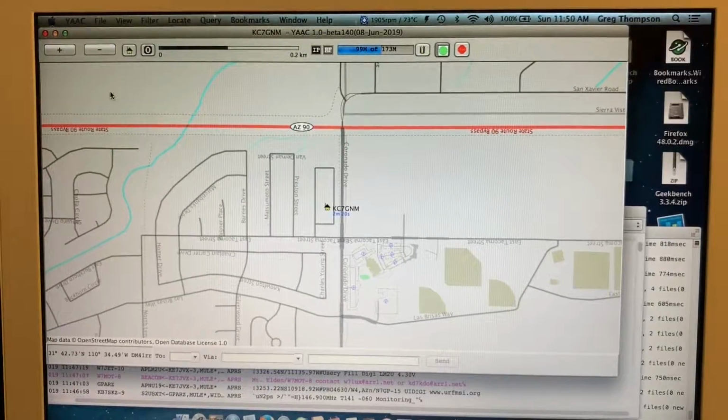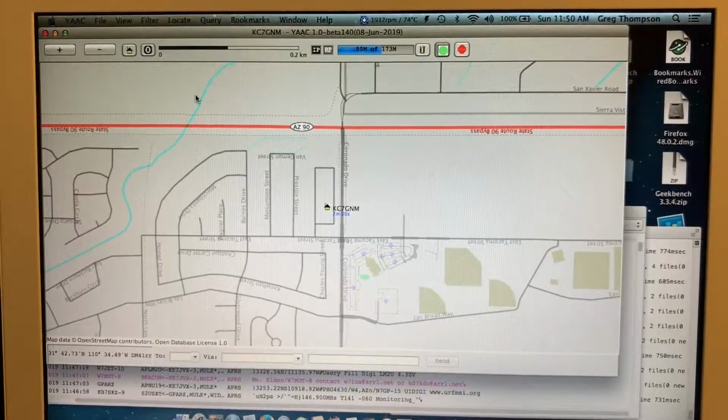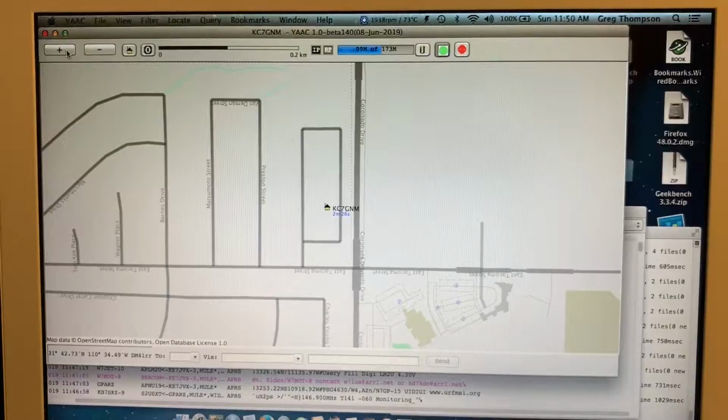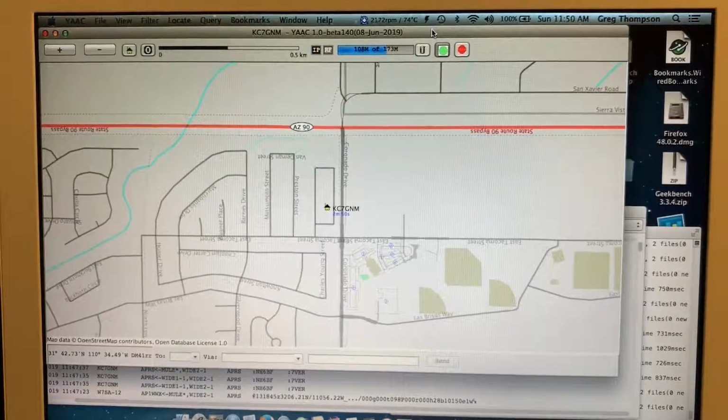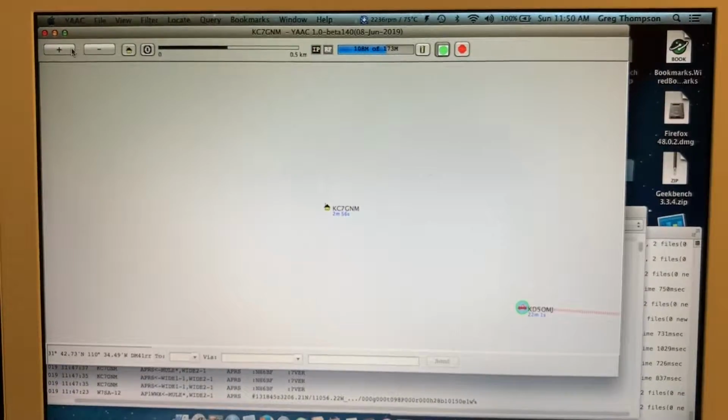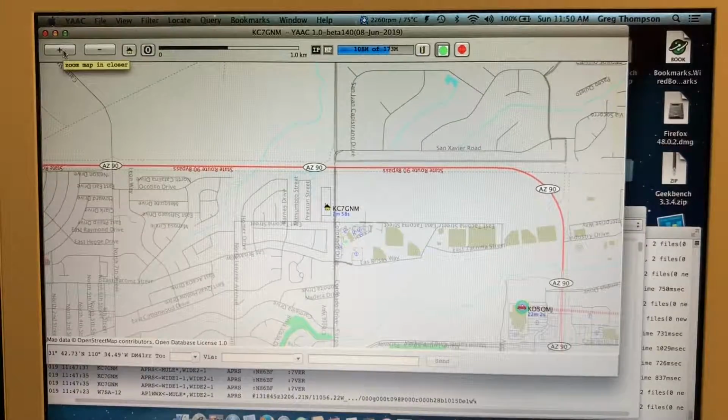So yeah, I know people are probably saying, oh, you're showing where you live and everything. Well, it's amateur radio, so they pretty much know where I live. All I have to do is look at my call sign and look it up online on the FCC database, and it has my address. So it's not like I'm trying to hide anything. But that is just a quick rundown of the APRS that I use on this Mac, and it runs fairly well. This is actually a Java